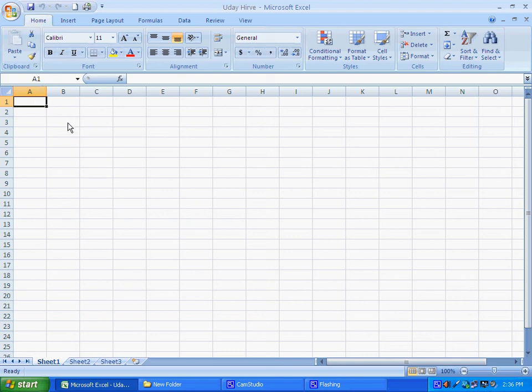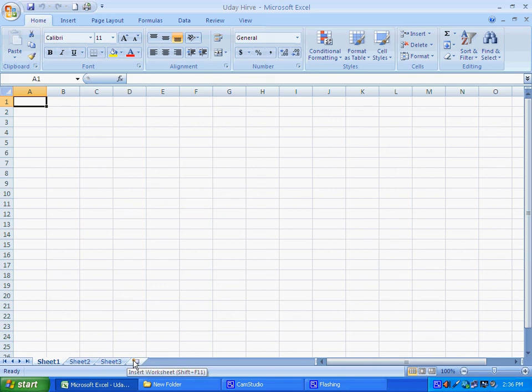Now below this, the white part, you can see there are various squares and rectangles over here. This is called the Microsoft Office worksheet. Over here you can see Sheet 1, Sheet 2, Sheet 3. So there are various sheets.